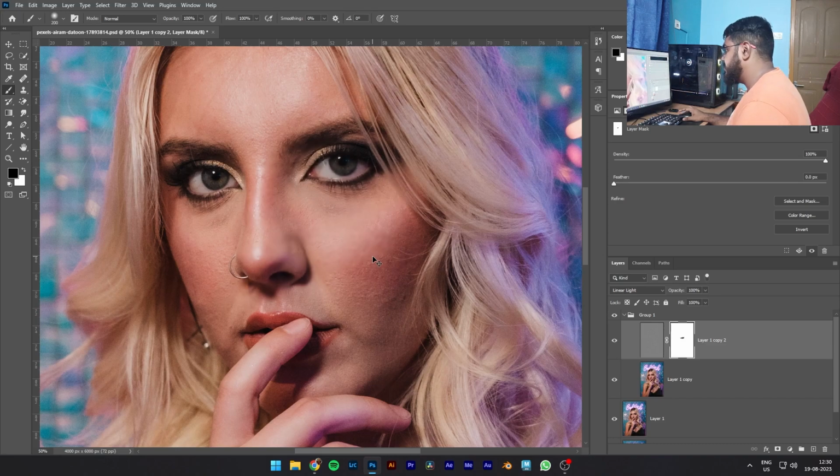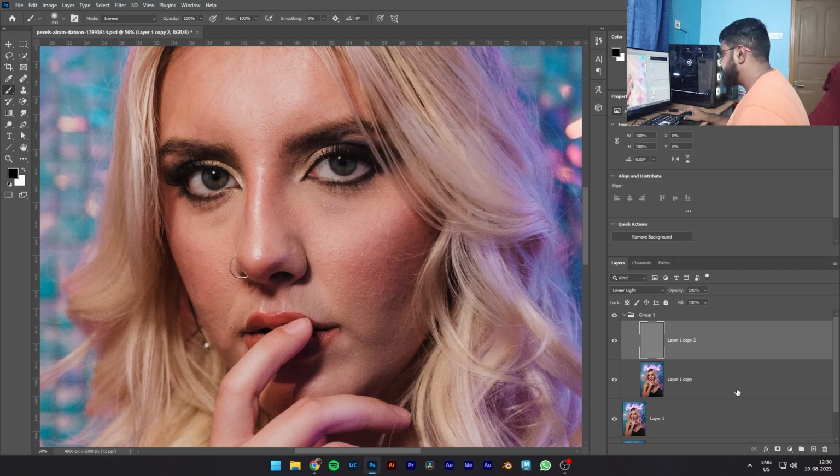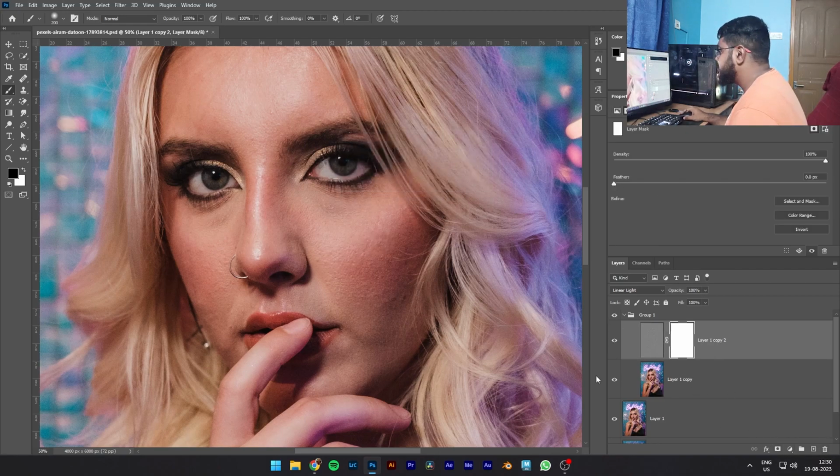So what you do want instead, let me just delete this mask. Yes, delete. So I'm going to add another mask. Okay, black and white. The opacity is, let's keep it 10%, and we're gonna mask. So just paint over these areas that you think you need to paint,